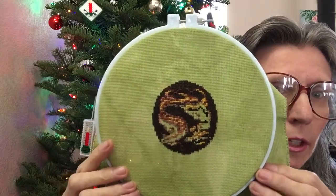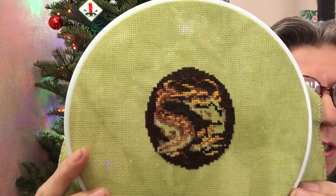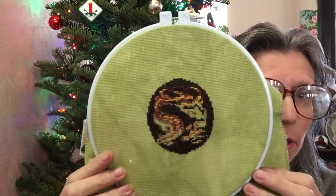So anyway, this is what I have been stitching on that has caused me to stop stitching on all my regular pieces, because I'm trying to get this done for Christmas. So what I plan to do is I plan to come back